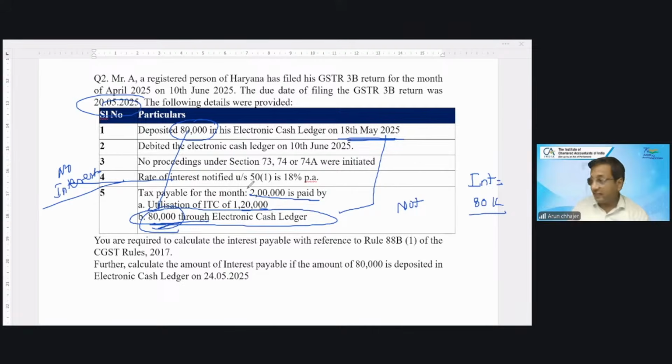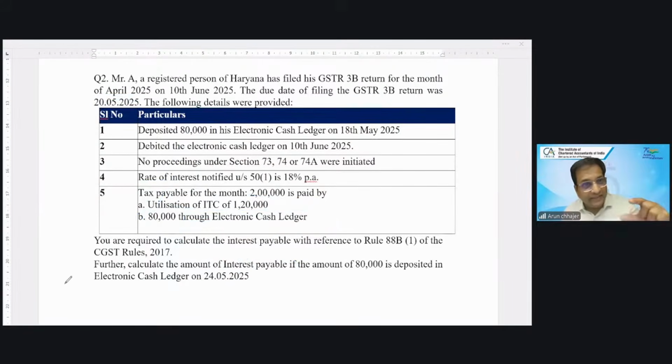Now it also says one more part. Further calculate the interest payable if the amount of 80,000 is deposited in the cash on 24th May. So now one point always remember, the concept that interest will not be on the cash ledger is applicable if the amount has been deposited by the due date. अगर 20 मई तक